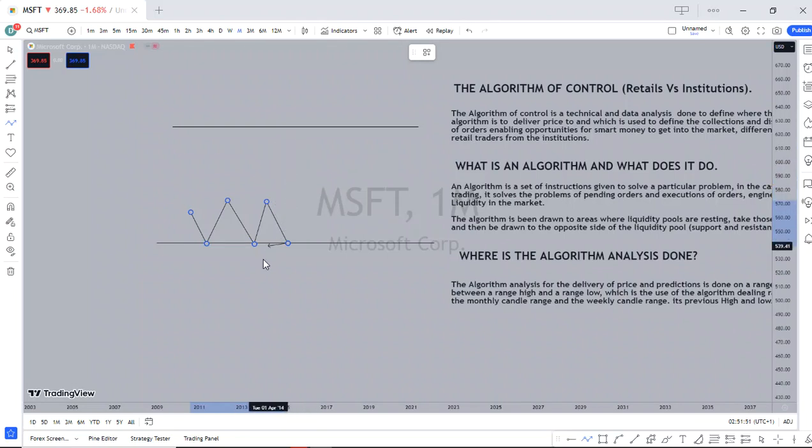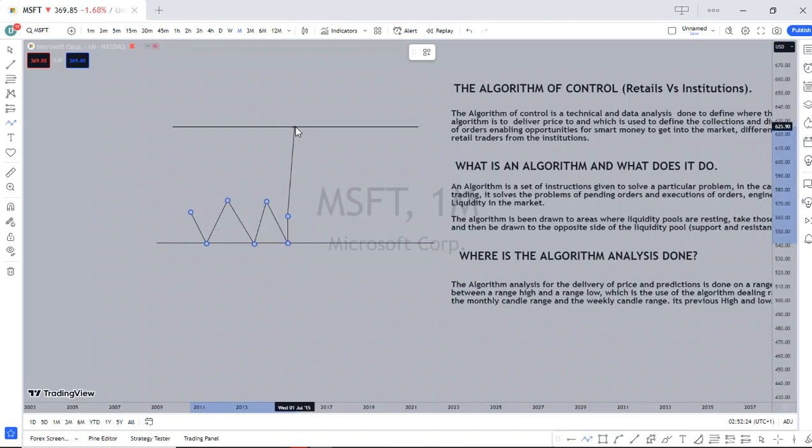So if you're buying right here, and price goes below the price level at which you bought it, it means that you want to sell off, and you're selling off at a loss, right? So this stop loss right here is why the broker is there for you. The broker is solving the problem for you. The broker helps you sell off your quantity, and in this case you're selling it at a loss because you are selling it below the price level at which you bought it. That is what stop loss is all about.